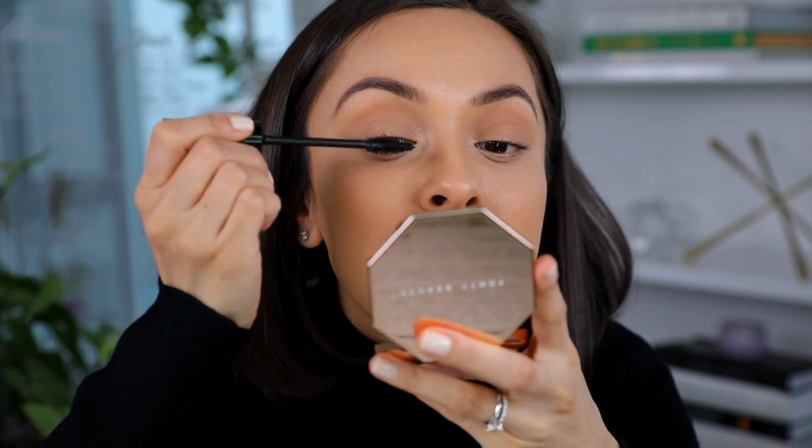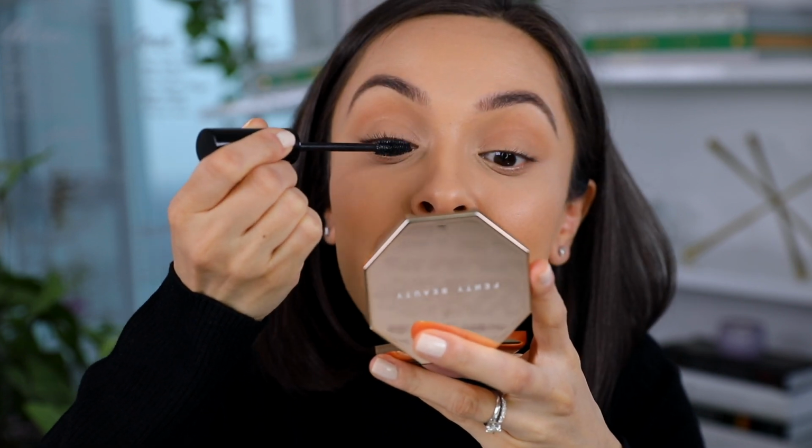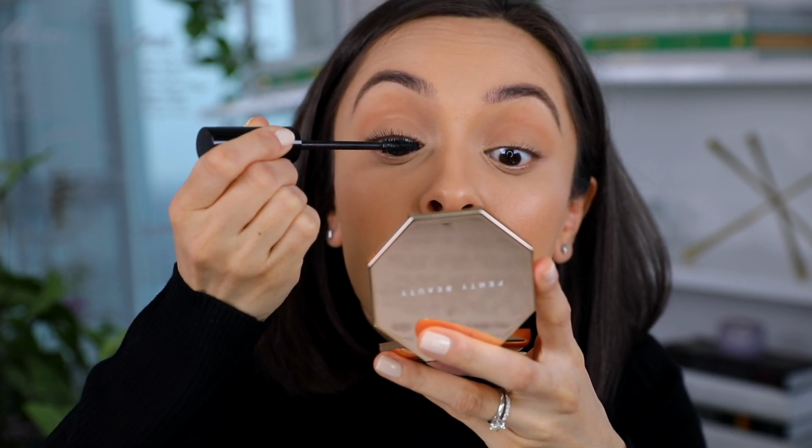But here's just a really quick look at one layer with the flat side. Seems to be okay. It separated them pretty nicely. I still want to get in here. Oh gosh, the mascara face. I still want to get in the inner corner to get the baby hairs. That is one layer of the flat side. It combed through them pretty nicely. Right now, I'm not like wowed by it, but with that said, let me just dip in here again,